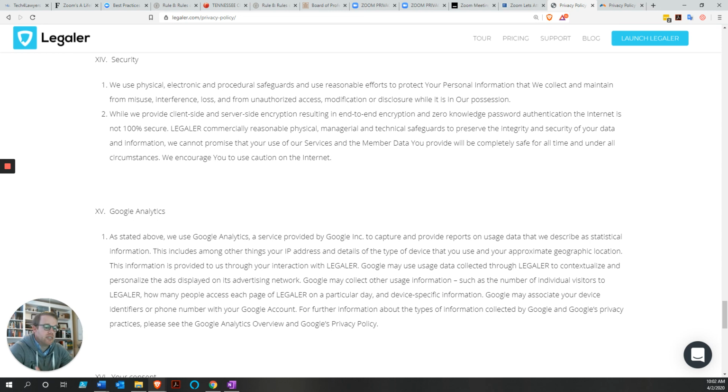Then we want to look at conference room security. Is there password protection for the conference room? Does somebody have to have a password to get in? Can somebody just jump in if they know where it is? Do we have waiting rooms, so that we can keep people outside of the conference room prior to bringing them in? And then can I limit the invite to just people that I invited, just specific users, so they're the only ones that can get connected with it?